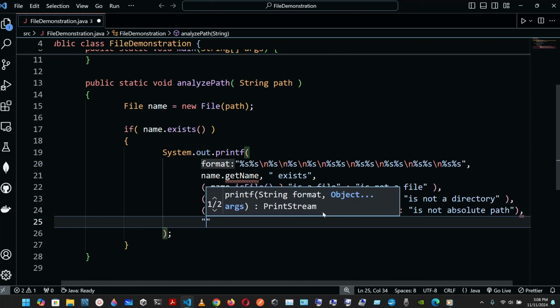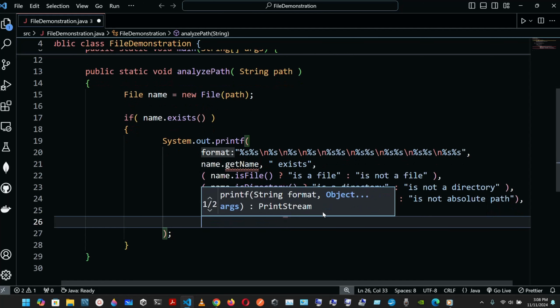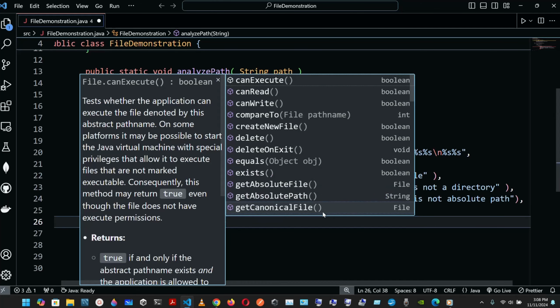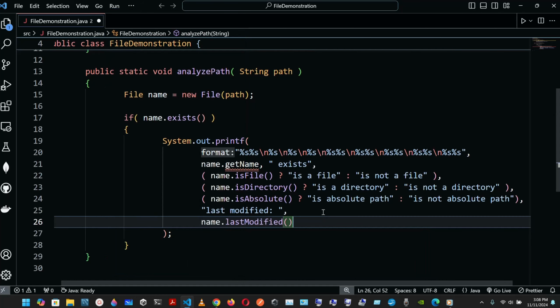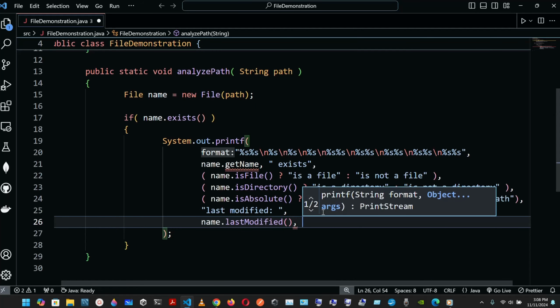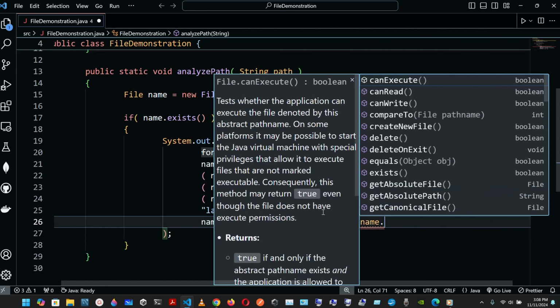So here we will have last modified, so it will be last modified colon, okay, comma, and then we will have last modified, name that last modified, comma, we're gonna have in the length, colon, comma, length, comma, name that length,